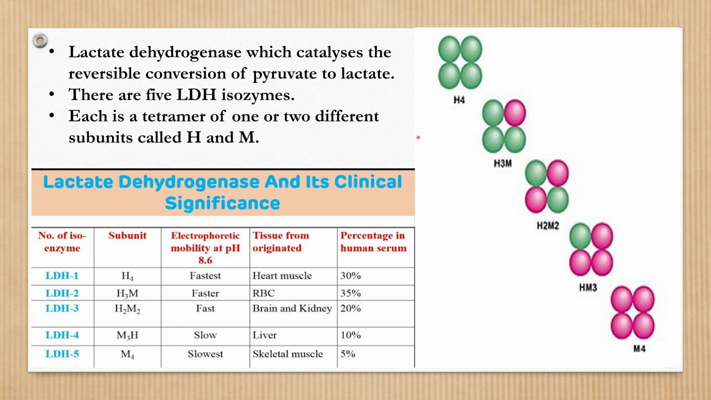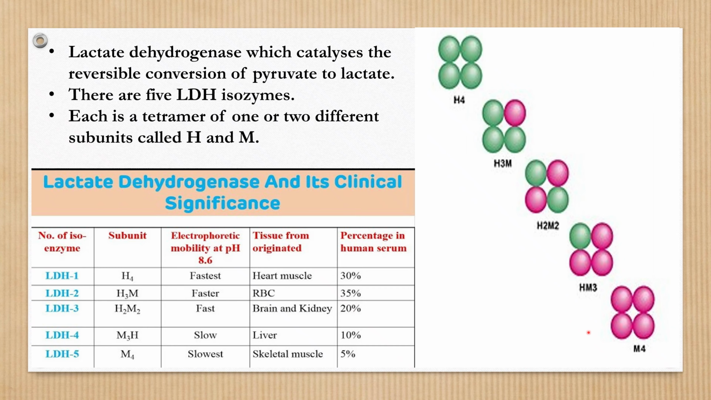Now each lactate dehydrogenase is a tetramer. H4 is the first type, which is made up of 4 H units. H3M is the second type, which is made up of 3 H units and 1 M unit. H2M2 is the third type, which is made up of 2 H units and 2 M units. HM3 is the fourth type, which is made up of 3 M units and 1 H unit. And M4 is the fifth type, which is made up of 4 M units. So these are the 5